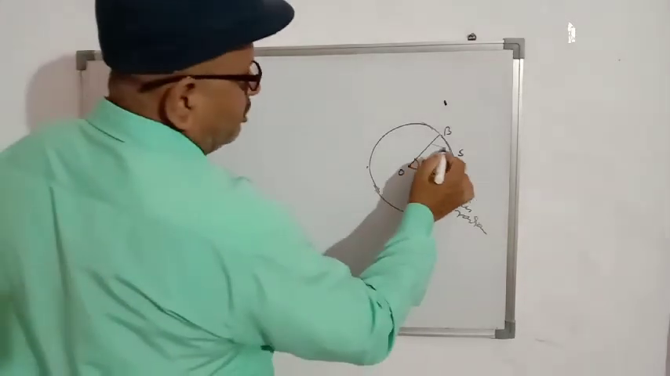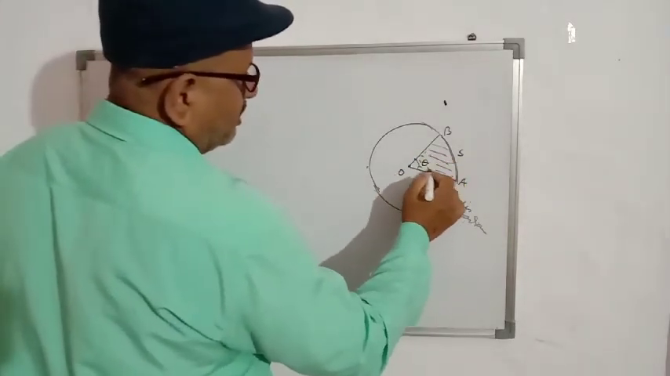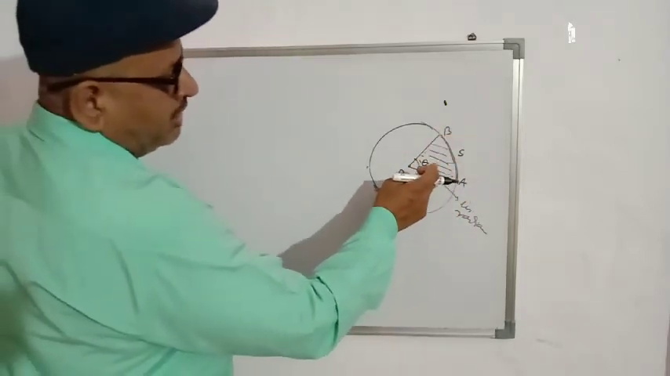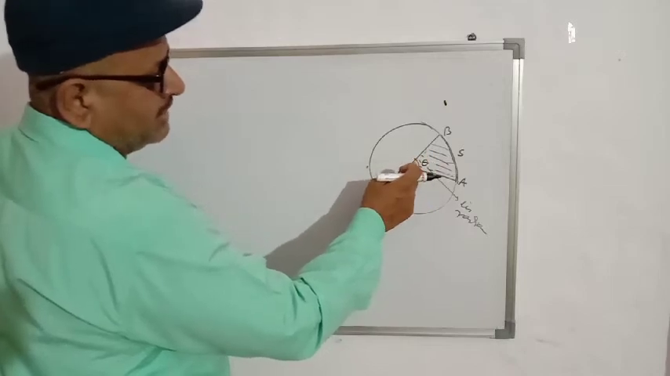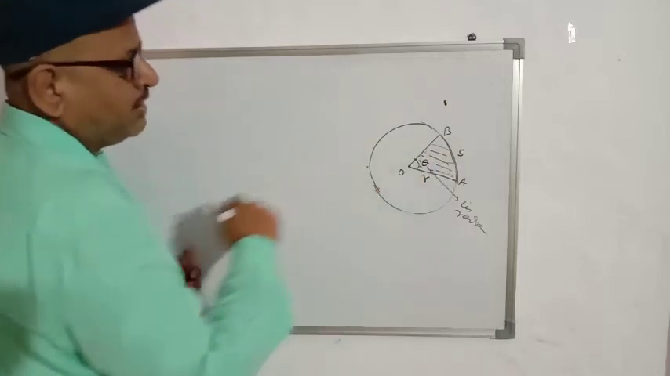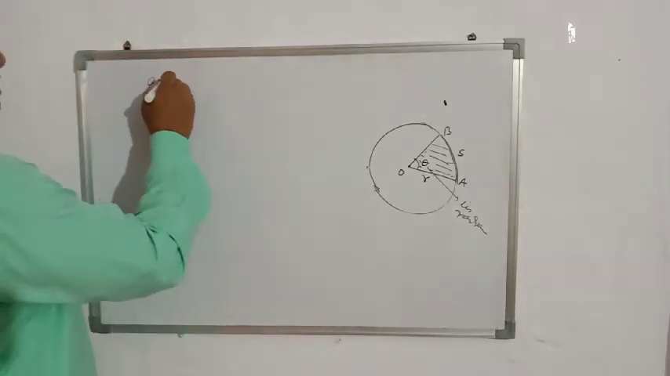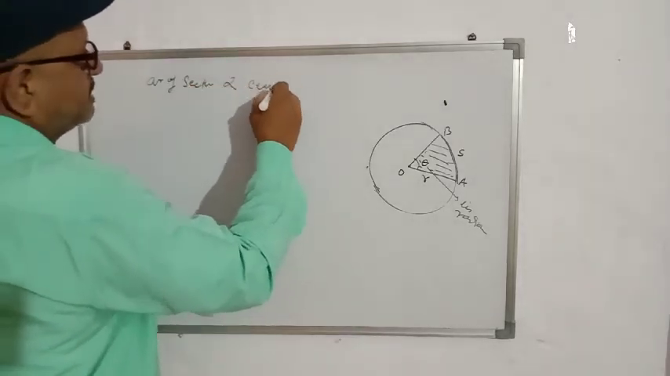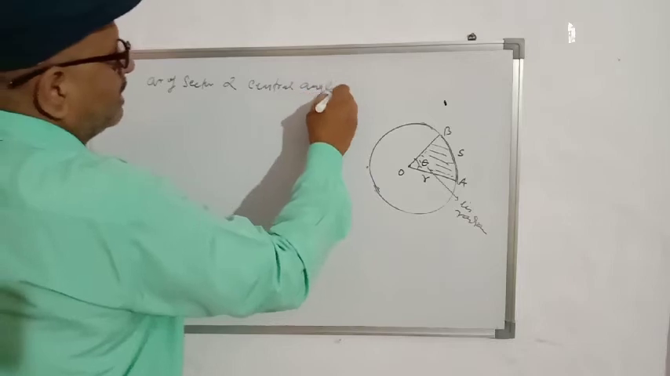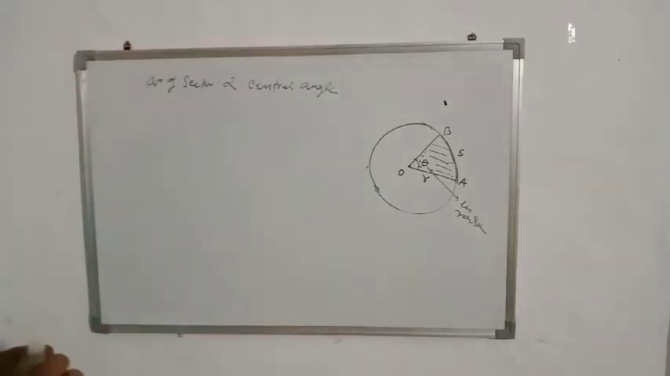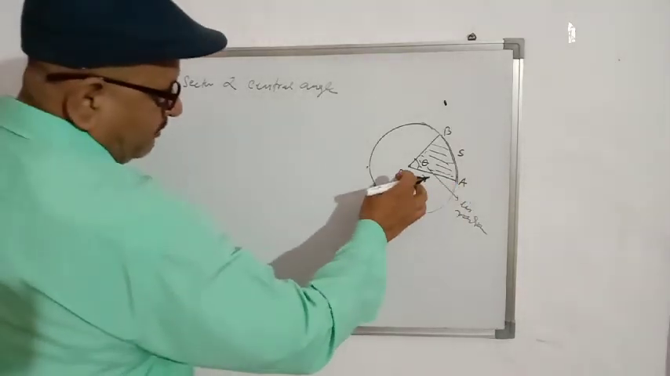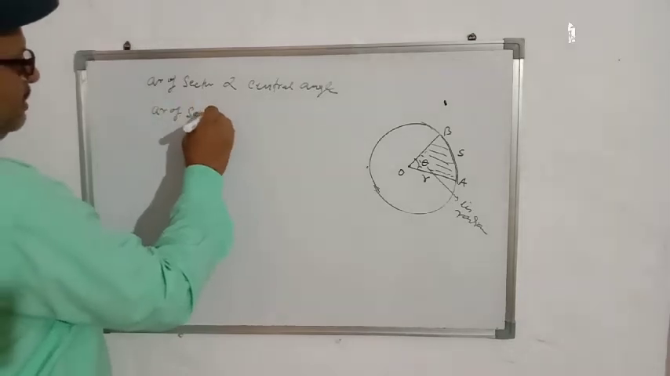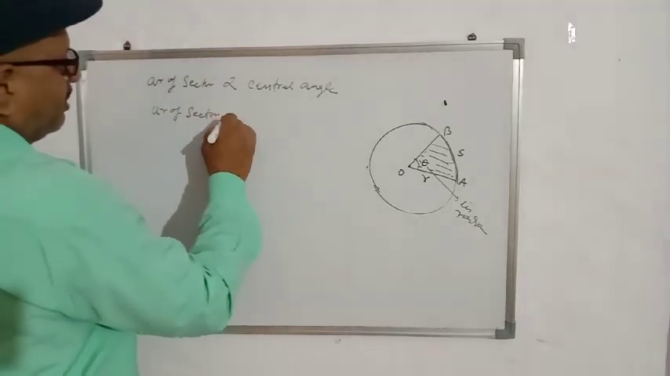Now we will find the area of this sector, area of sector AOB. Area of sector is directly proportional to the central angle. If this angle is more, the area will be more. Area of sector is directly proportional to central angle. It means area of sector AOB